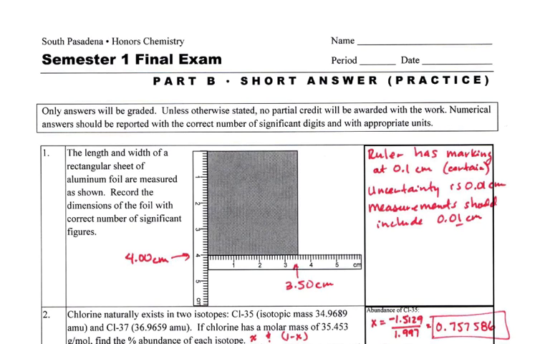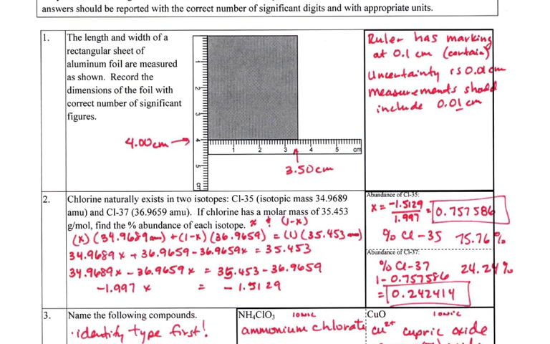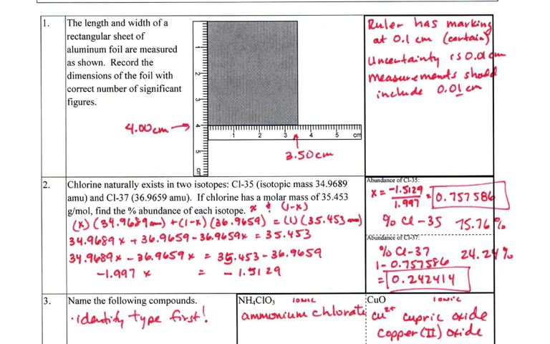This is part 2 of the practice final for the midterm for honors chemistry, and this is one where it's shorter answer and we're really not looking at the work so much as just the answer. So first question up here has to do with measurements, and with the measurements, here are the rulers, and you